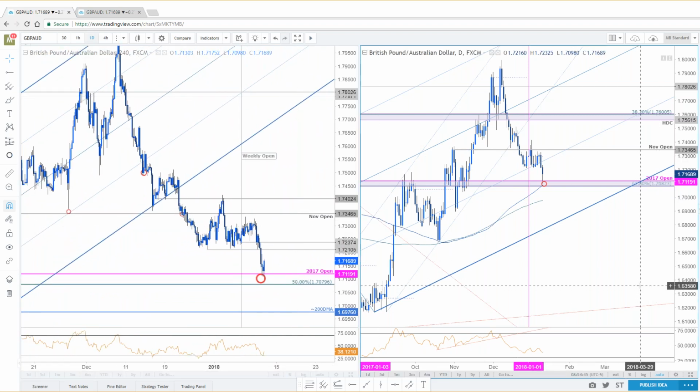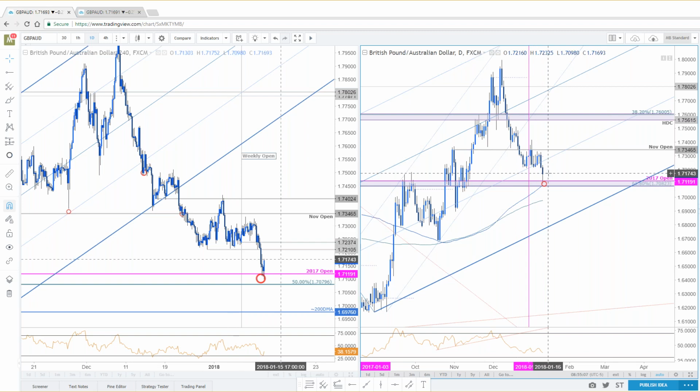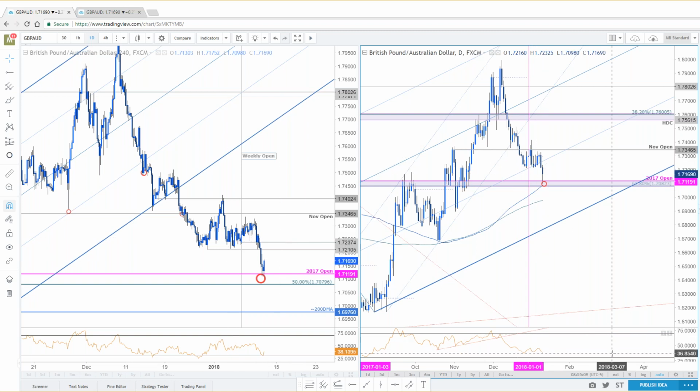Things I don't like about playing Pound short here versus Oz is just the momentum signature. Is that a 40 break? I don't know. Markets don't work in a vacuum. 38 and change as support still suggests that markets might not be quite ready for the turnover just yet. Also note that on the lower low close here, this would actually mark a divergence signal on daily if we close at these levels. So some really interesting stuff. It kind of ties your hands and you don't know what to do near term.